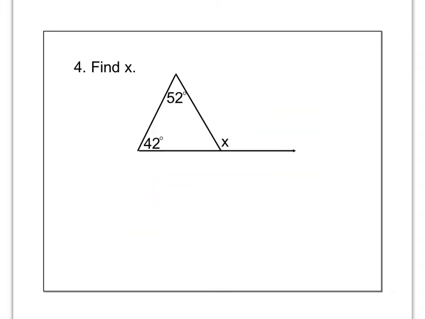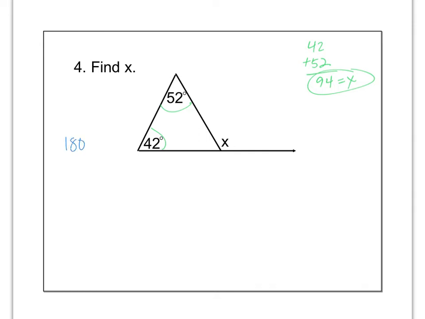Please pause the video and try number 4. So the shortcut is these two angles add up to x. So the shortcut is you can do 42 plus 52 and you get 94, and 94 is your answer. But if you forgot about that shortcut, or if you didn't know about it, another thing you could do is